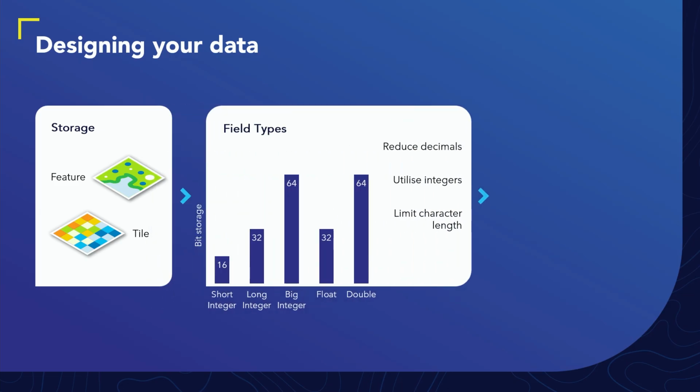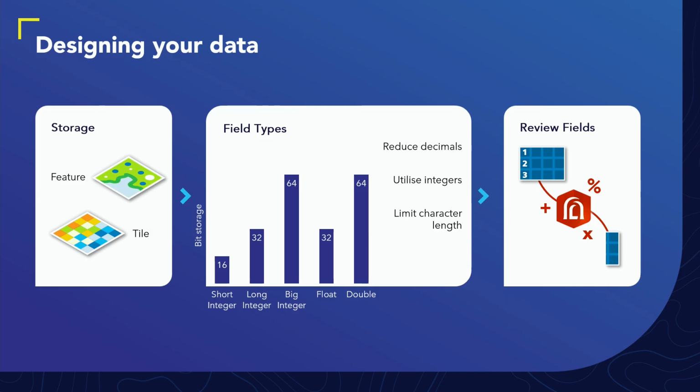Field design also matters more than people often realize. Where possible, do opt for integers instead of floating point numbers and reduce the number of decimal places where that level of precision isn't needed. Please do review your text fields too, as these can often default to large numbers of characters. And finally, please do ask the question, what is each field actually being used for? If it's only being used for pop-ups and symbology, please do consider calculating it dynamically using Arcade, like we've shown